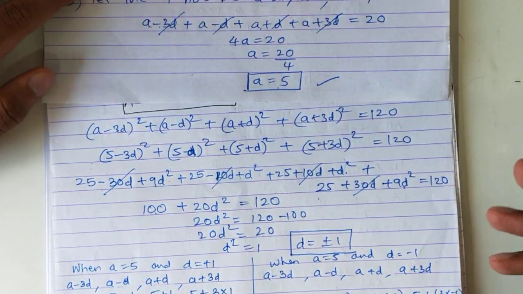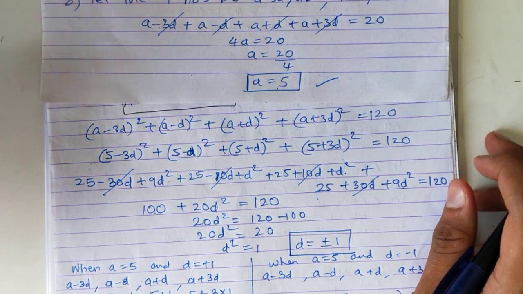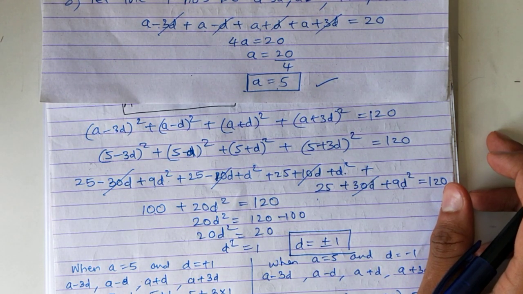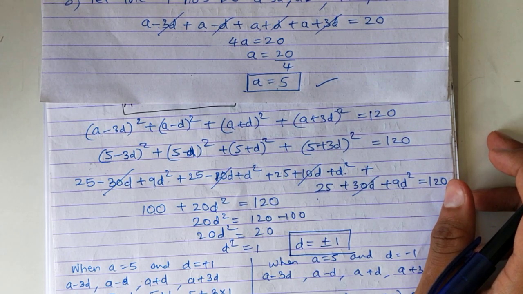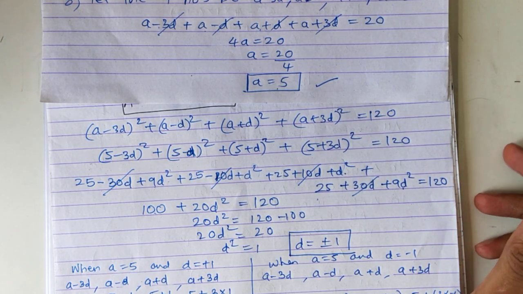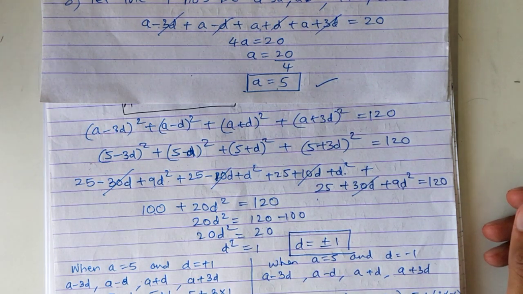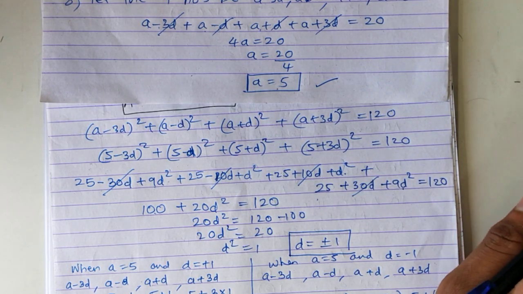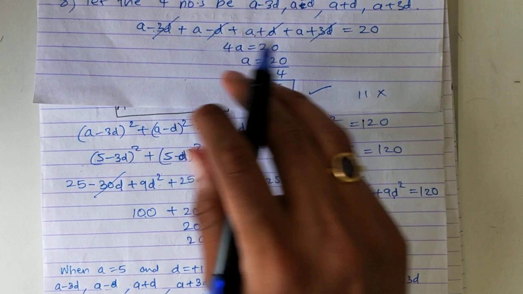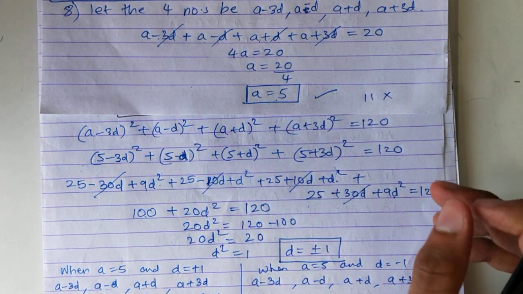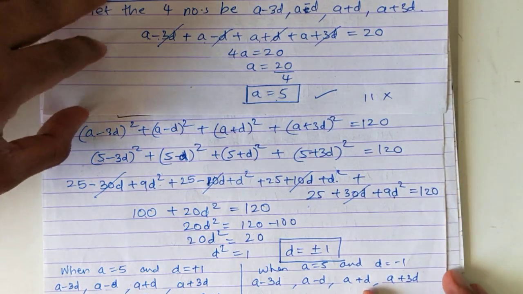Okay, keep solving. Now, as I told you, in this exercise, the 11th sum is cancelled. Okay, so just cancel the 11th sum. The 9th sum, I'm explaining you now.